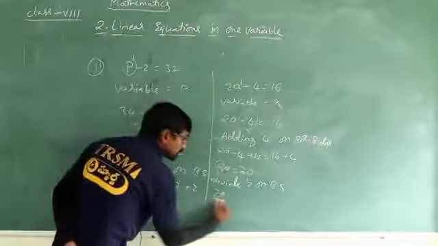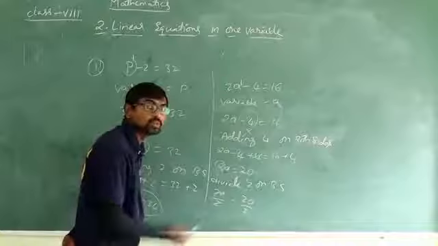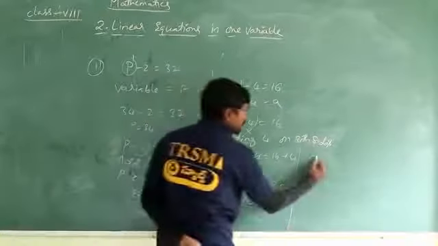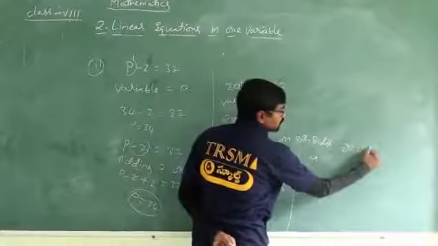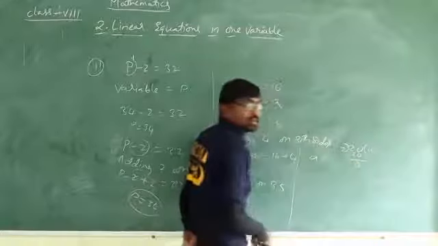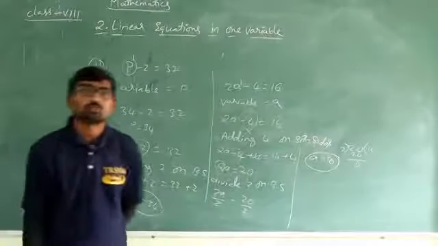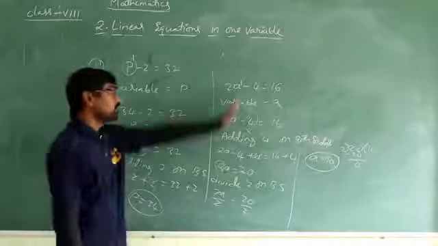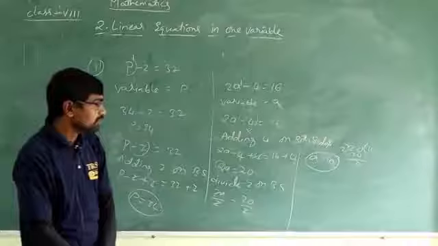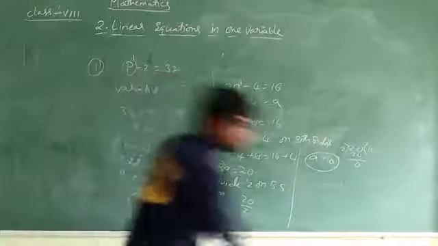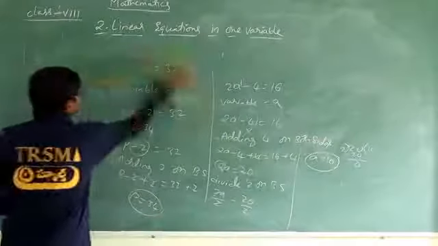So 2a divided by 2 is equal to 20 divided by 2. Here, 2 divided by 2 is 1. So the remaining will be a is equal to 20 divided by 2; 2 tens are 20, so directly I will get the answer as 10. Hope you all understood this problem clearly. This is how you find the value of the variable given in the question. These are just a few examples which I have shown you.